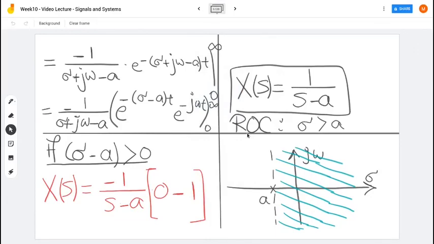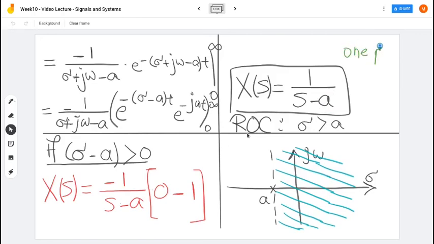So where are the poles of this function? If you take a closer look at the expression of X of s, we have a first order term in the denominator. So it's basically a rational function, a ratio between a polynomial of 0 order in the numerator and another polynomial of the first order in the denominator. And this polynomial is already factorized as a one term of first order. So it's taking the form s minus a. So a is actually the pole. So we have a pole over here, one pole,